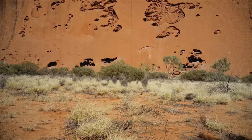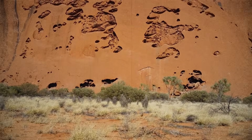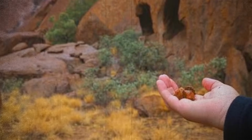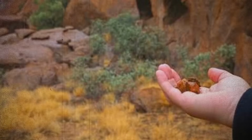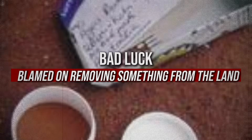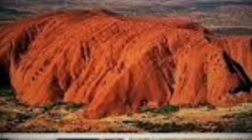A smaller, stranger phenomenon connected to Uluru is worth mentioning honestly, since park rangers deal with it constantly. For decades, visitors took small pieces of rock or sand from the site as souvenirs, and a significant number of them later mailed the pieces back, often accompanied by letters describing a run of bad luck they blamed on removing something from the land. Rangers refer to these as sorry rocks,